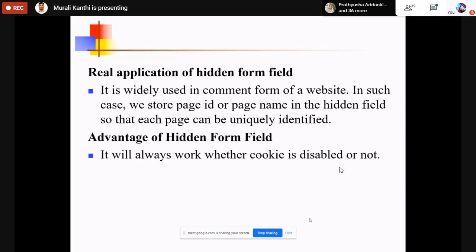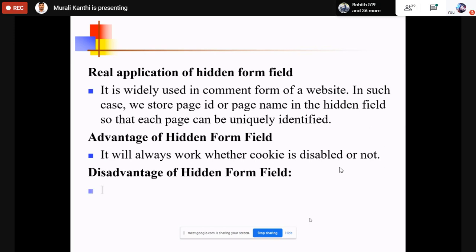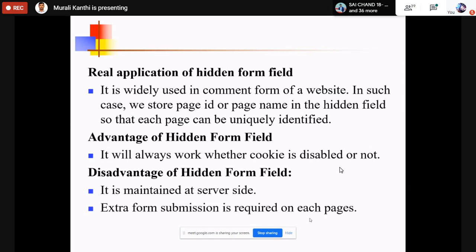Hidden form field will always work whether the cookie is disabled or not. Yes, it does not depend on the browser. That is the main advantage. Then the disadvantages: it is maintained at the server side. Extra form submission is required on each page. So one extra field is required for each page, or an extra form is required.